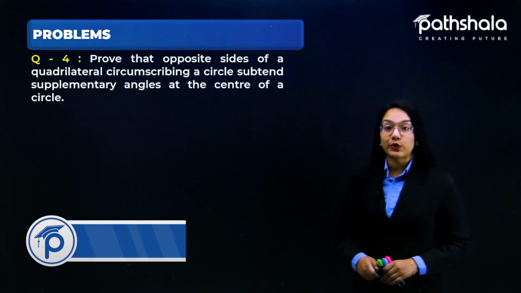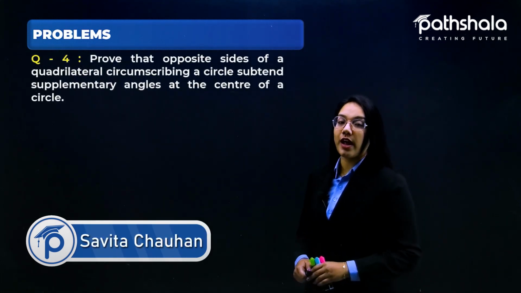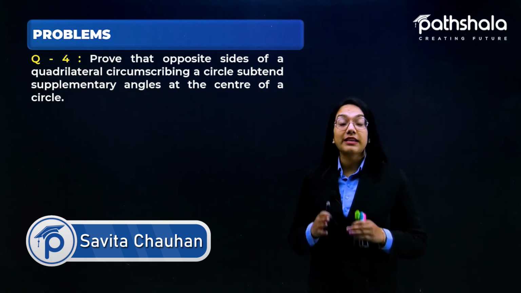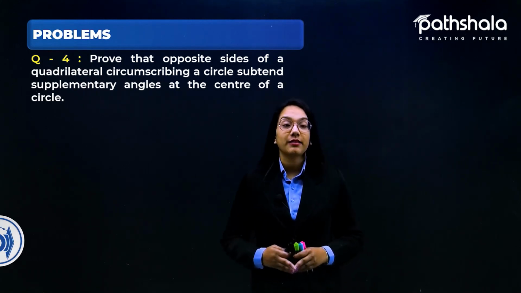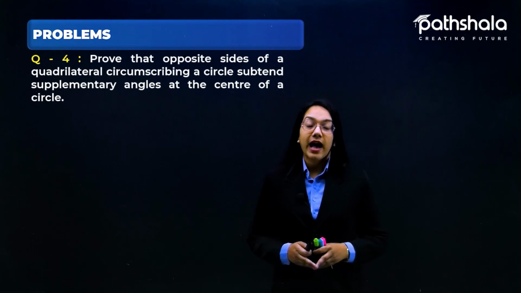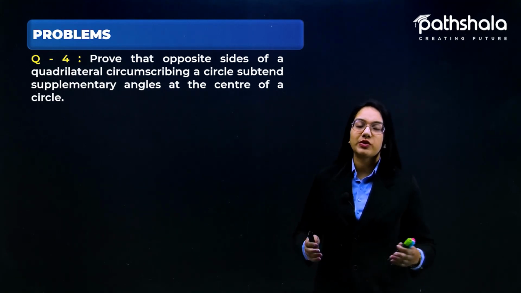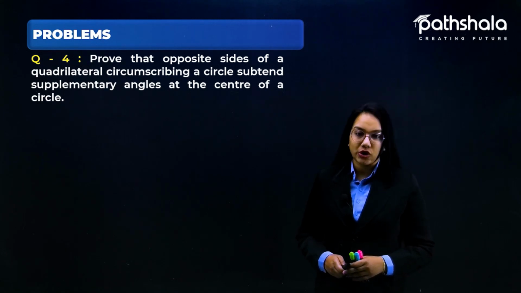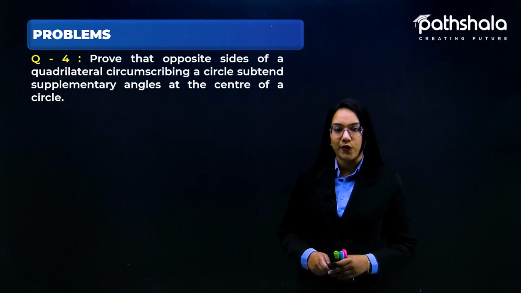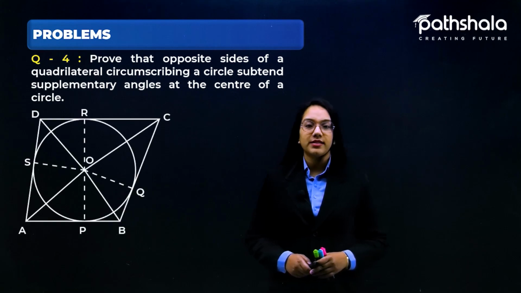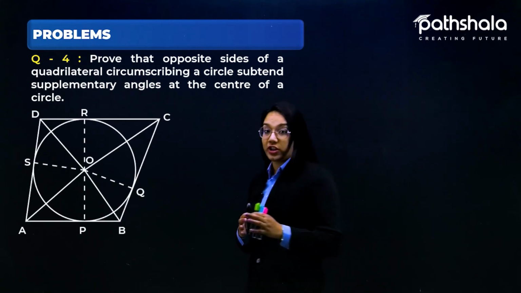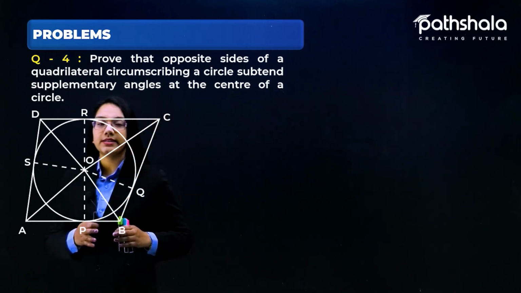Let's move on to question number 4, which says: prove that the opposite sides of a quadrilateral circumscribing a circle subtend supplementary angles, that is 180 degrees, at the center of the circle. Let me take the figure for this question: a quadrilateral circumscribing a circle in such a manner, and I have already done a little bit of construction over here, wherever the circle is intersecting